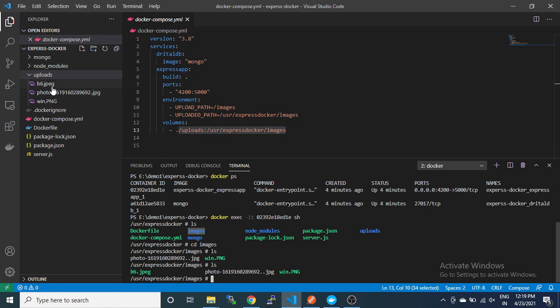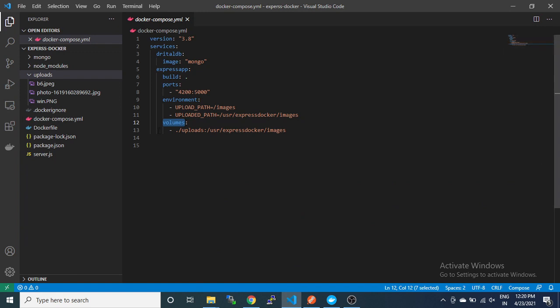Okay, we have only put the image here, but it is also reflecting inside the images. So we are getting mapped from this one to uploads by using the volumes. Okay, so this is the simple example.